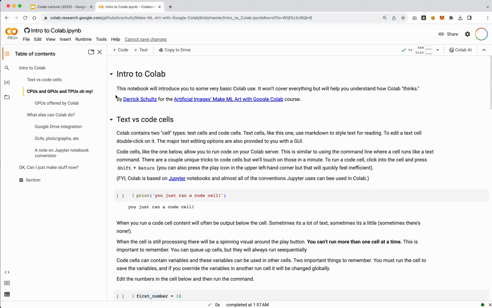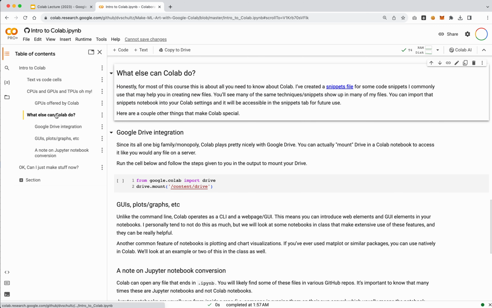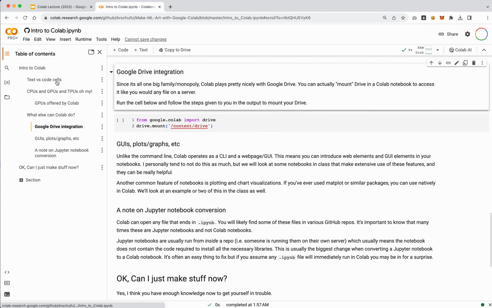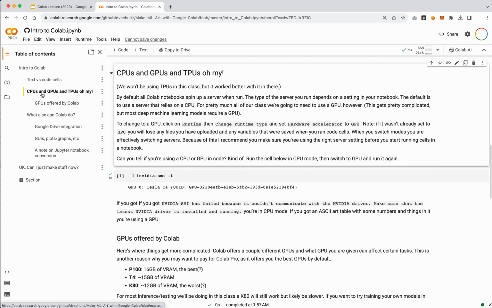So I will try to structure our notebooks so that they have headings, and those headings then become jump links. So you can then jump to them and check out different parts of it. Now again, for this class, it's mostly going to be pretty straightforward. We won't be doing a lot of long notebooks. I'll try to break them up into pieces instead. But in this case, you can see that you can jump around between different sections.